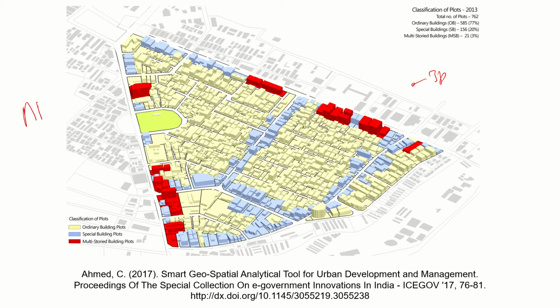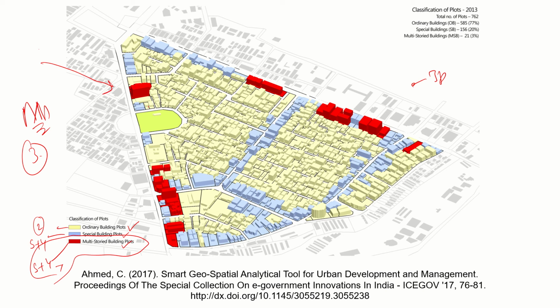If you see the development plan for Chennai, it says we can build 3 types of building in most parts of Chennai. One is called ordinary buildings, second is called special buildings, and third multi-storied buildings. Ordinary buildings are less than 2 floors, special buildings are stilt plus 4, and anything above stilt plus 4 is termed a multi-storied building. If you just apply these rules to this layout,